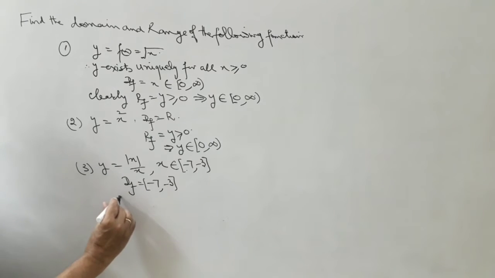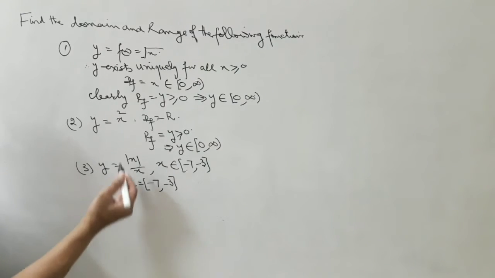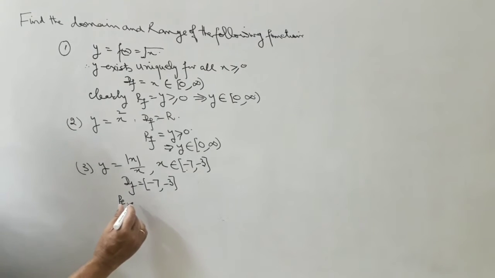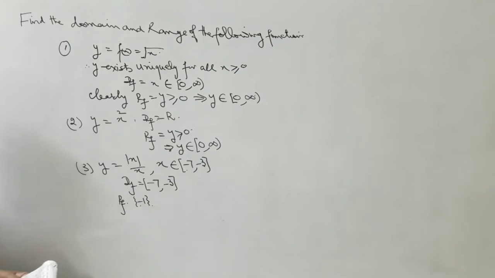Now the range of the function, see please. When x is equal to -7 the modulus is positive, and it is 7, so the range of the function is a singleton set. Check out. The range of the function is equal to the singleton set. Fourth case,